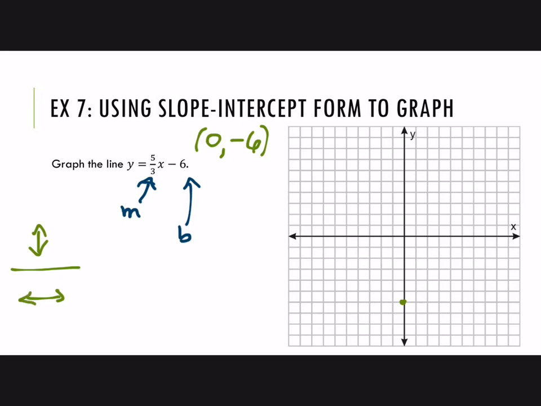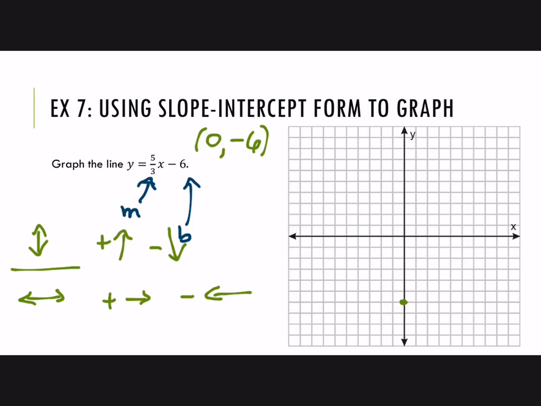So if it's a positive number in the numerator, you'll go up. If it's a negative number, move down. And then in the denominator, since we're going side to side, if it's a positive number, go to the right because that's where the positive numbers on the x-axis are. And if it's a negative number, go to the left because all of the negatives on the x-axis are to the left. All right? So begin at your intercept,